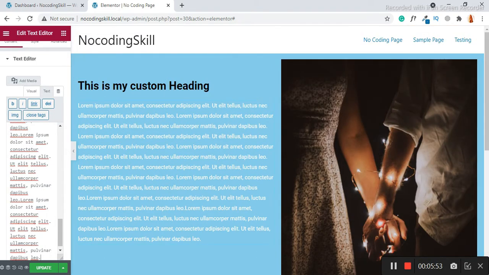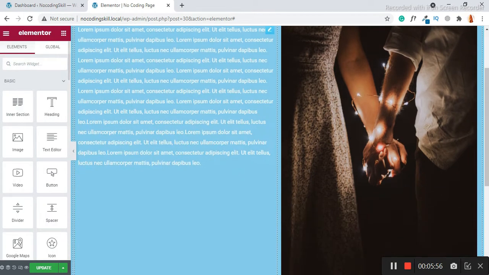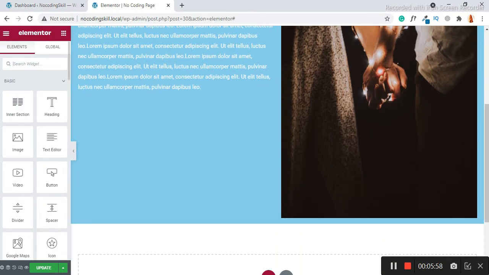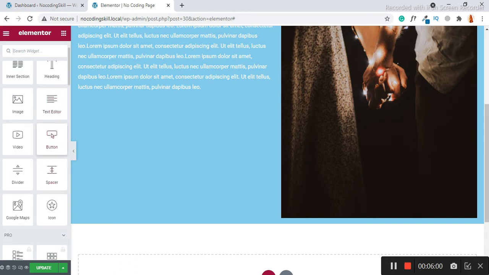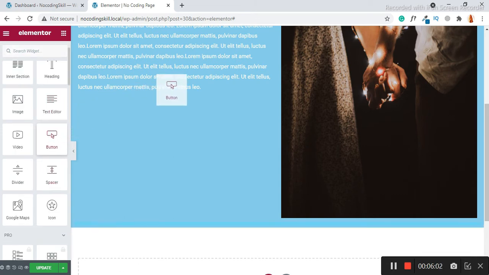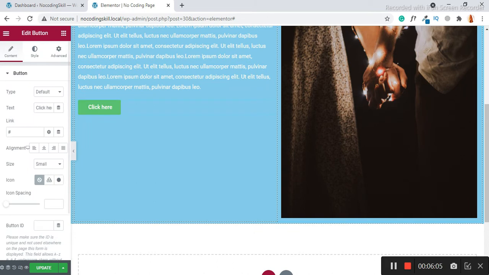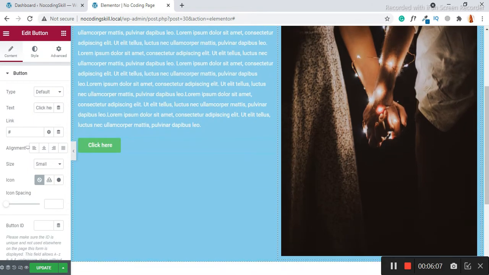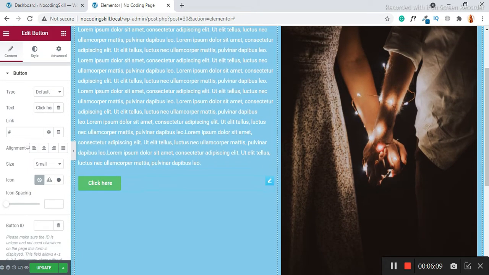If you want to add a button here, you can choose from here, select, drag this and drop here. See, this is our button.